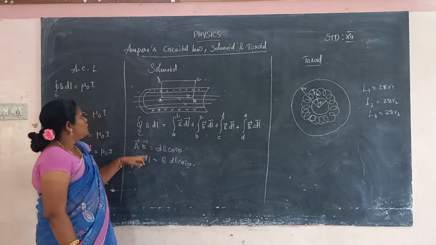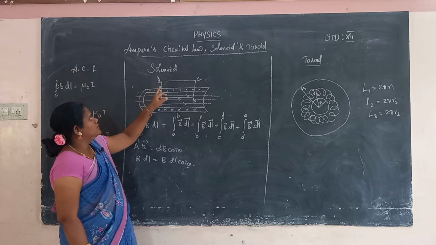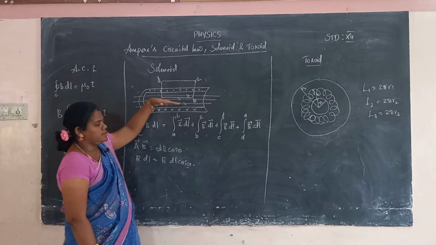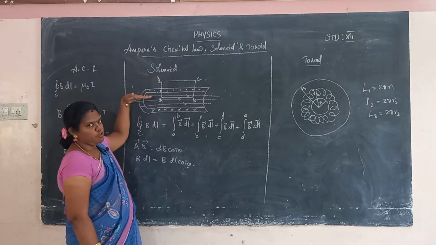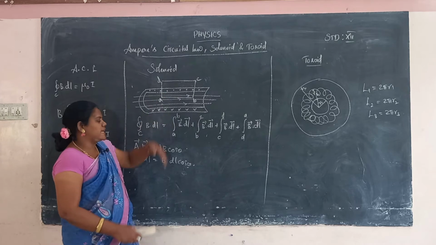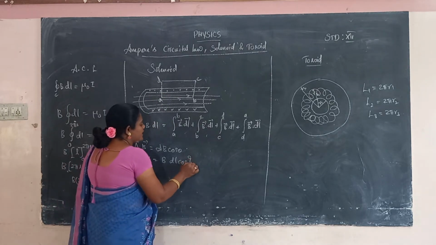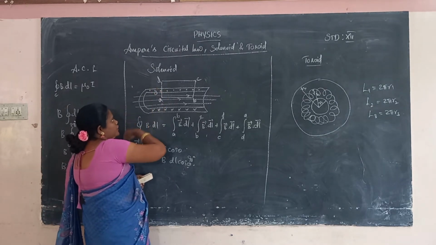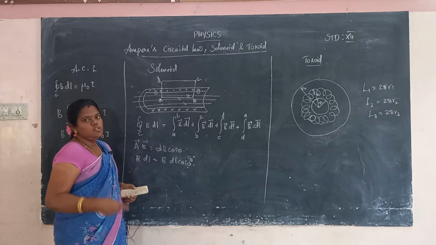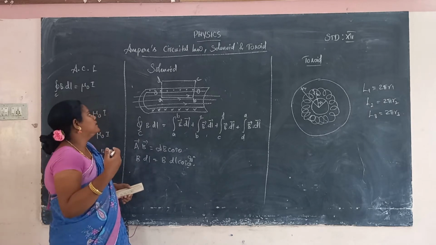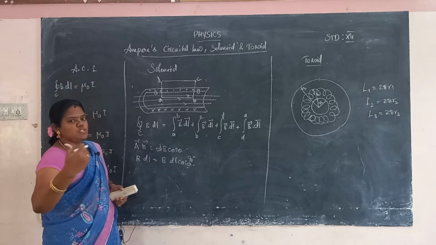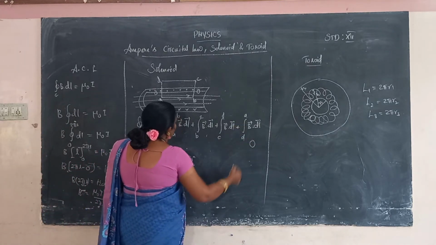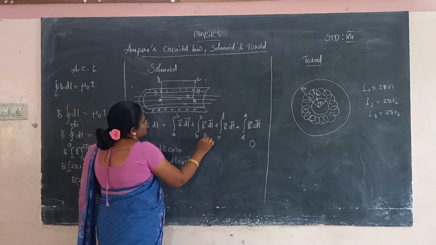Clear? So now the plate, the conductor, will be perpendicular to the magnetic field. The magnetic field will be created in the center, and the plate will be perpendicular to it. So at that point theta is 90 degrees, and cos 90 is 0. Automatically A to D will be 0 and B to C will be 0. So the term at sides A to D and B to C will be 0. Clear?